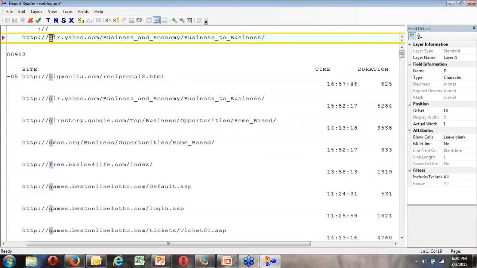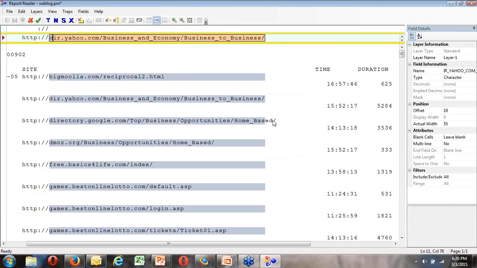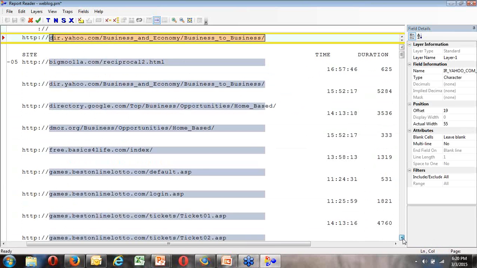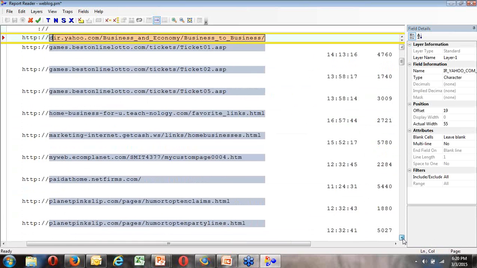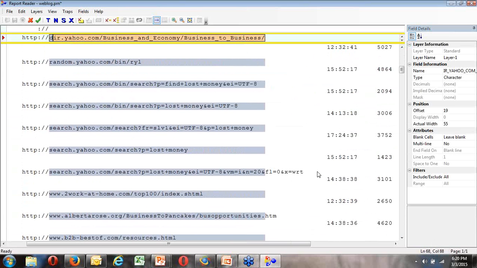If I now wanted to pick that field up, I'm missing bits out here, I've got too much space there, and as I go down, you'll see that there are other pieces which are overflowed. So I can't define that as a standard layer,